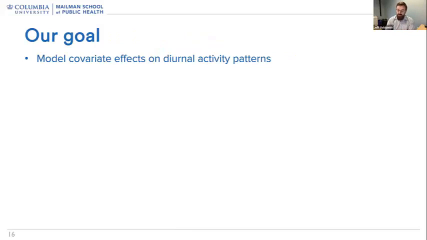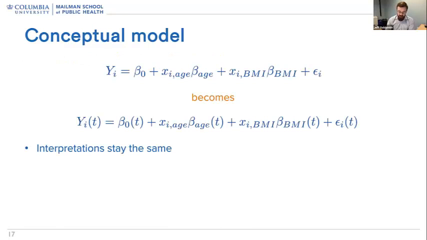Our goal instead was to build a regression model for that complete functional activity outcome, the functional outcome of physical activity. We're going to do this to try to understand what covariates affect the timing and duration of physical activity. If you're going from a scalar response, just understanding physical activity as a total single number summary, and regressing that on age and BMI, you have